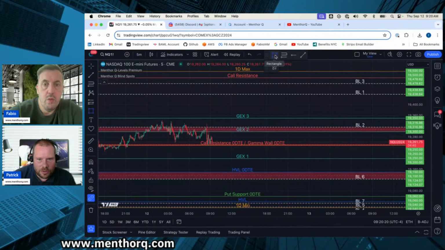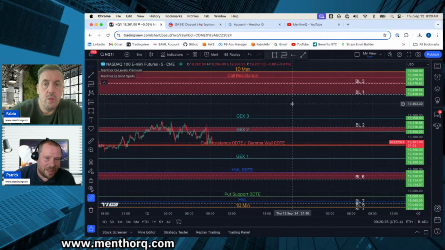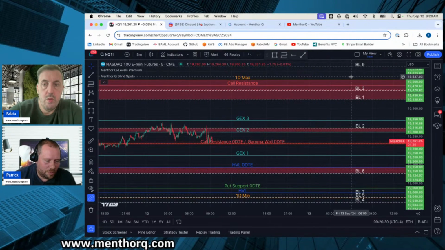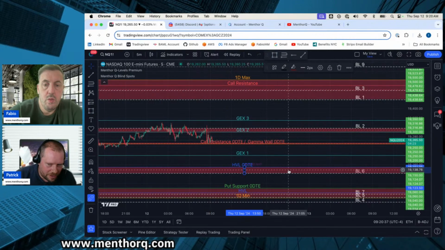And then I will say also from call resistance to BL1 is also a good area, or one day max to call resistance. So this area around this, if we go into the upside, this is something we have to be looking into. And for the downside, between high wall 0DTE, one day max, and if we're breaking down, you see it there,